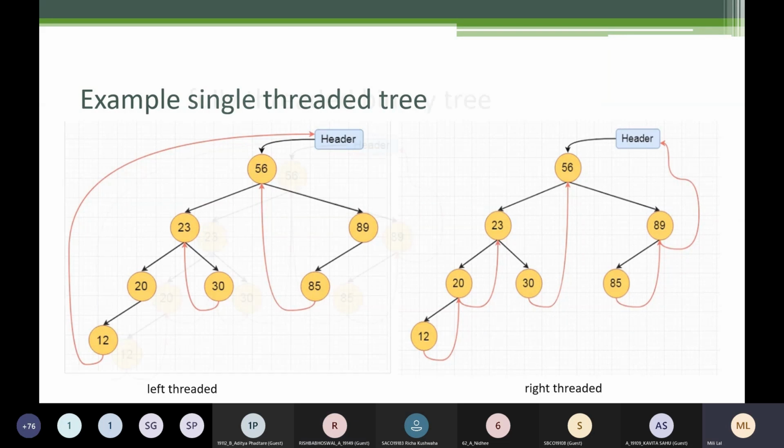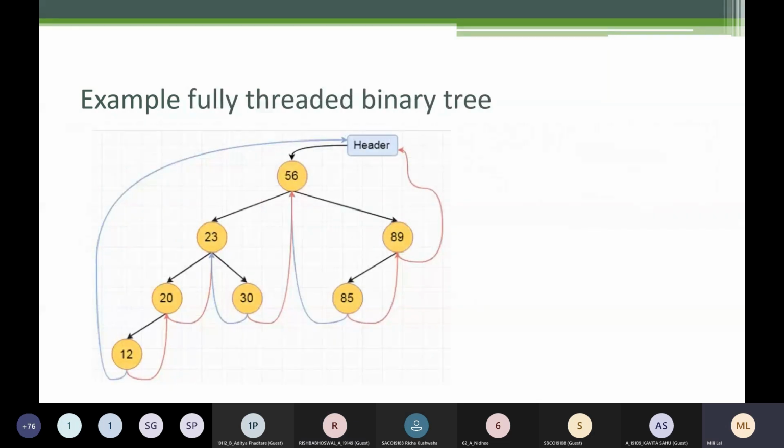Okay. Yes. So now this is an example of a fully threaded binary tree. You can see both the left pointer and the right pointer are set to its predecessor and successor. So as I told you, fully threaded is normally used when you want to do reverse traversal. Otherwise, left threaded or right threaded, that means single thread, is enough for traversal.